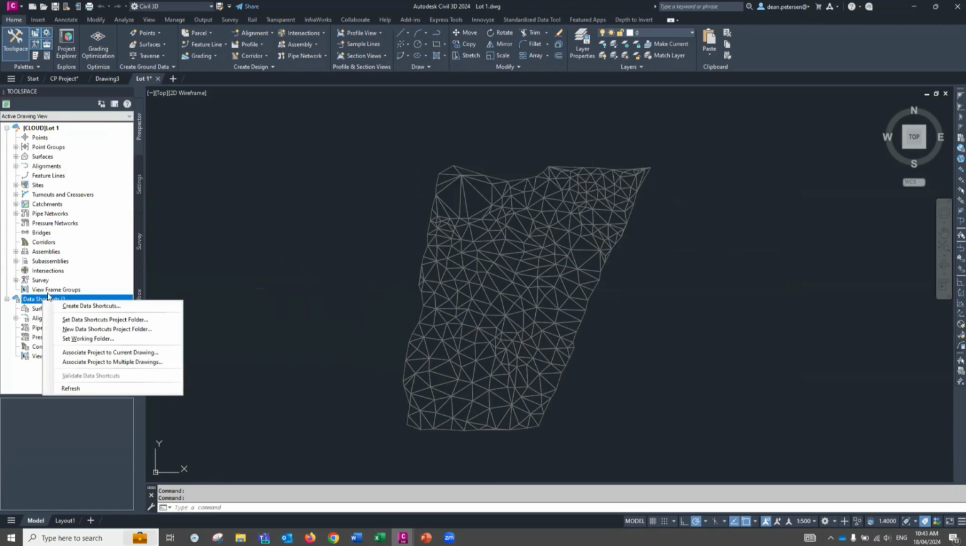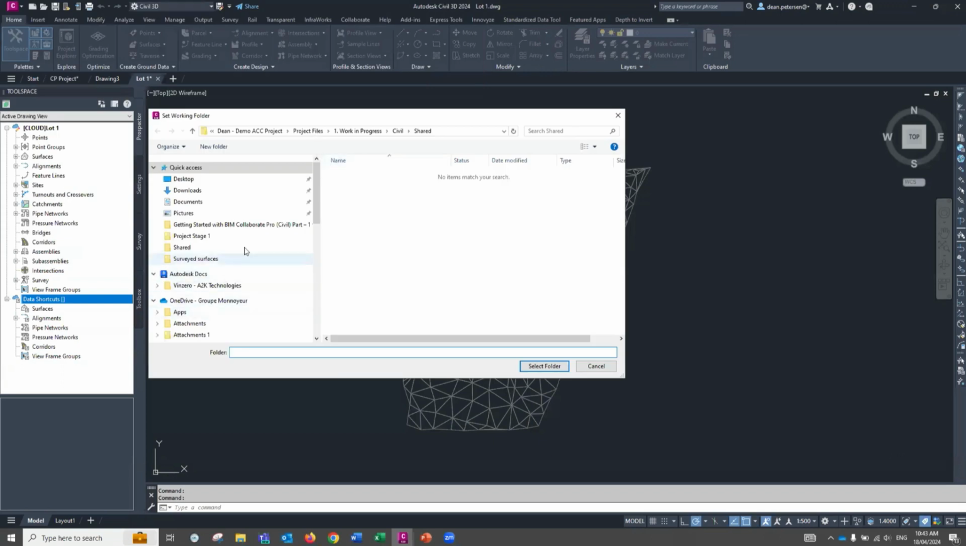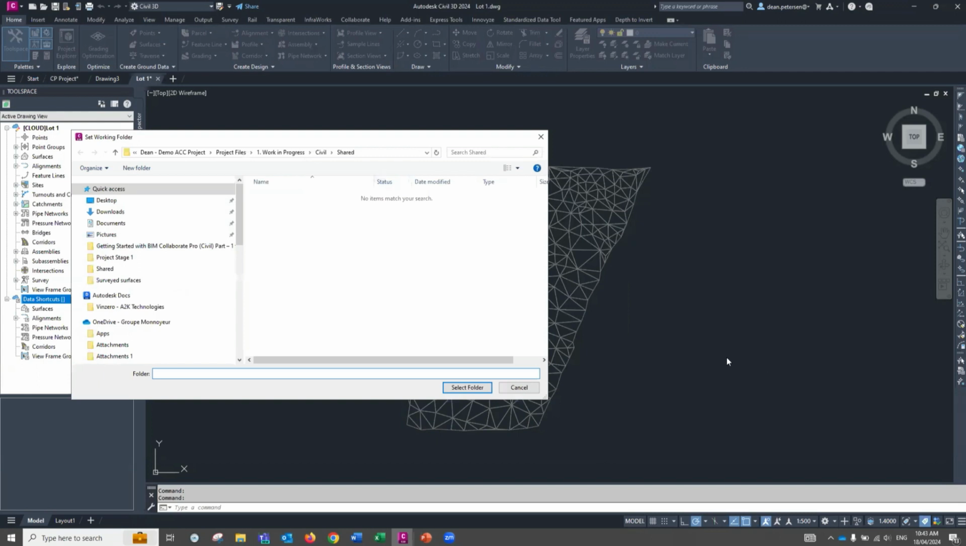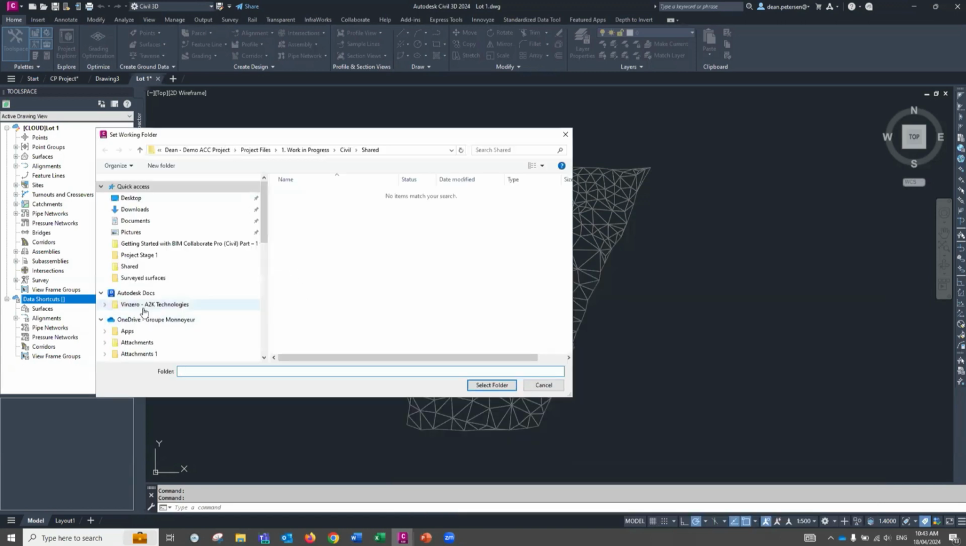Data shortcuts, we first of all have to set a working folder. Now, the thing you need to know is the working folder, again, you can't mix and match. Everything has to be on the cloud, not on your local machine or your local network. So put everything on the cloud first. You do need to save the location of this drawing, so it needs to be up on the cloud first, obviously, so you must have saved it. And then